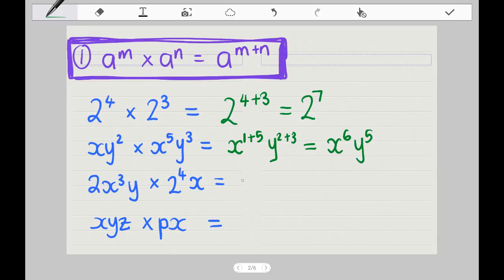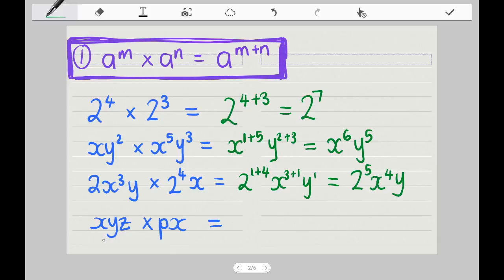The next one, here we have 2. Now there's a power of 1 over there and a power of 4. So that is 1 plus 4. For the x, we have x to the power of 3 plus 1. And then we've just got the y to the power of 1 there. There's no other y in this little term over here. So this is 2 to the power of 5, x to the power of 4, and